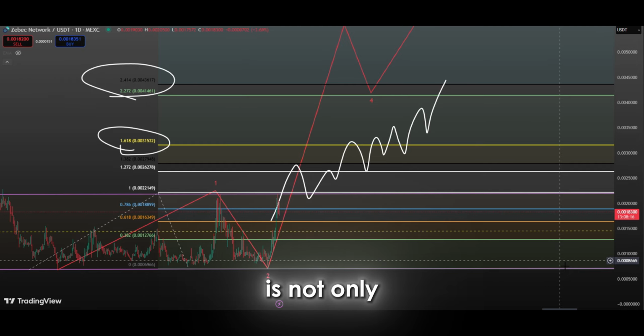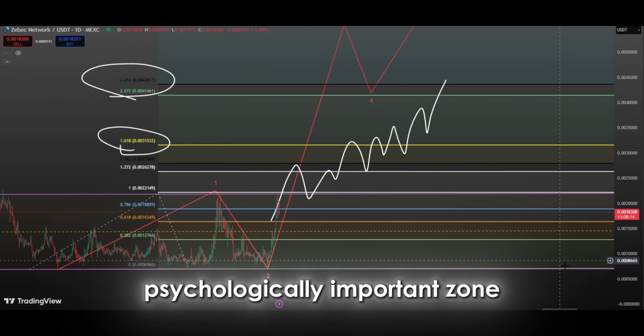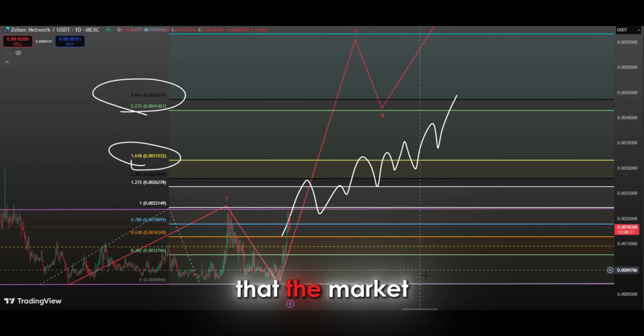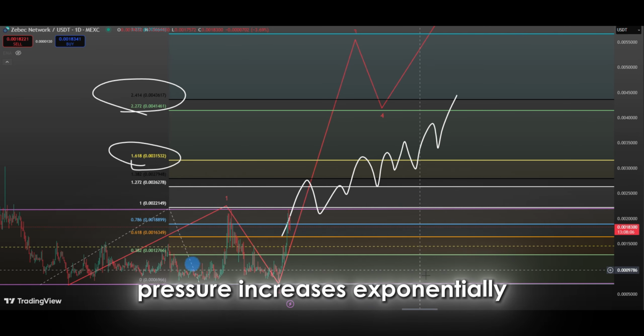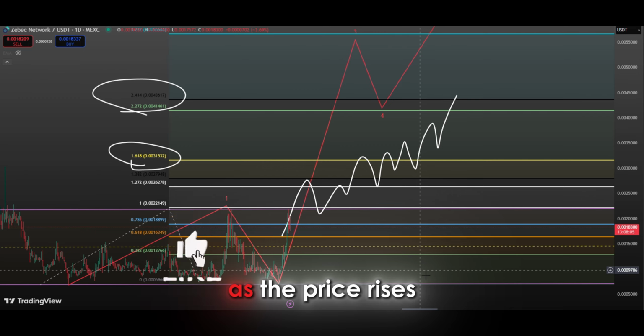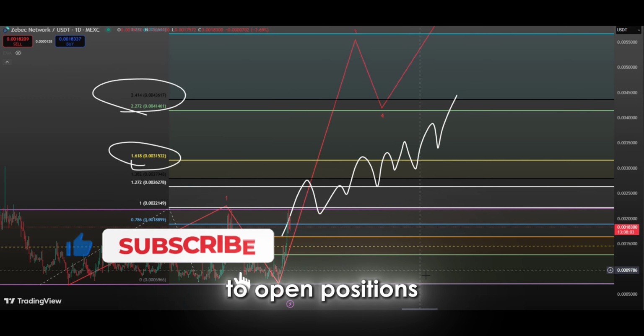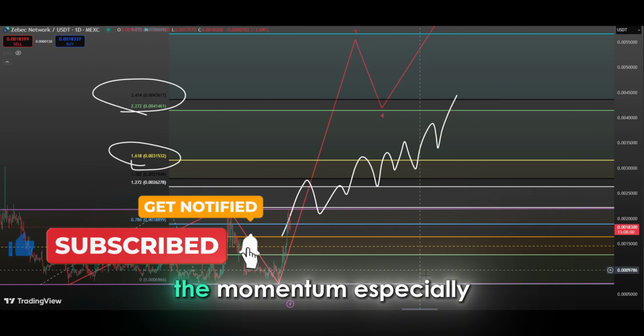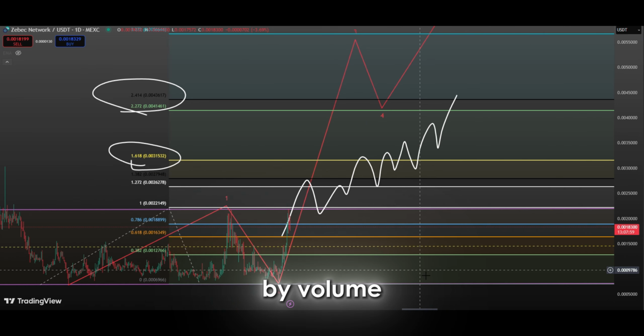The third wave is not only a technical but also a psychologically important zone, because at this stage investors are fully convinced that the market has now entered an uptrend. This confidence attracts new investors to the market and the buying pressure increases exponentially. As the price rises, more investors start to open positions, accelerating the upward momentum. The momentum, especially in the third wave, is often supported by volume, resulting in significant price gains in a short